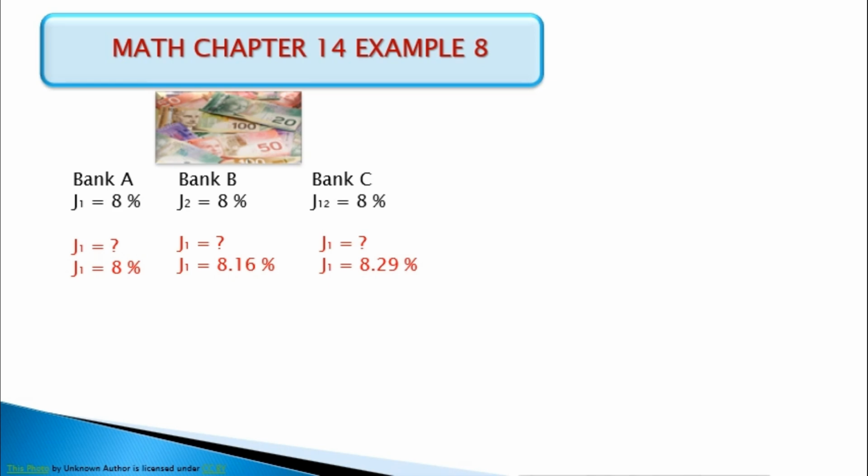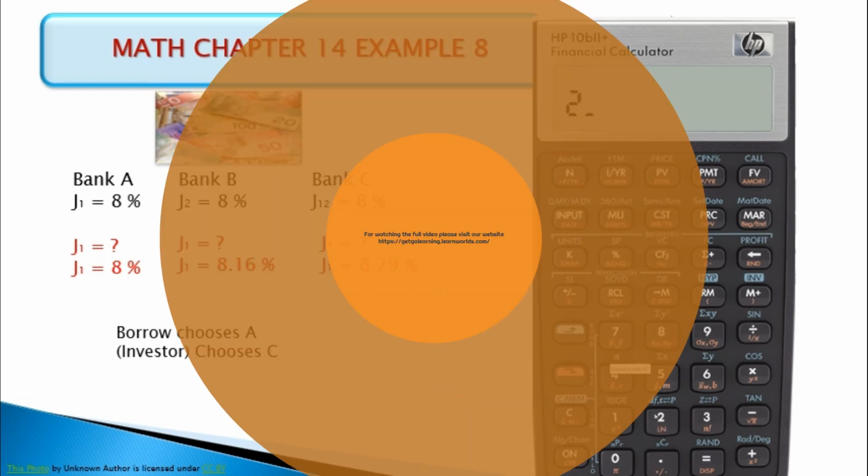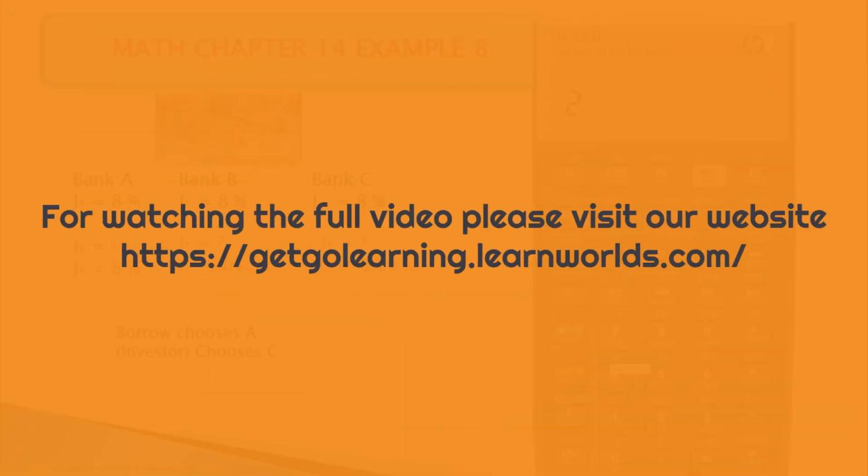Okay, what we're going to do is I'm going to bring in a calculator and show you that I'm going to change all of them into a J1 to rank them. Okay, clear the calculator. So first thing I'm going to do is Bank A. I'm going to convert Bank A's rate into J1. Well, it's already done. So J1, it was given to us. There's nothing to do for Bank A. Let's see what we have to do for Bank B. Bank B, J2 is given, so we need to convert that into J1. Let me do that for you. So J2 equals 8 is given. So 2, 8,